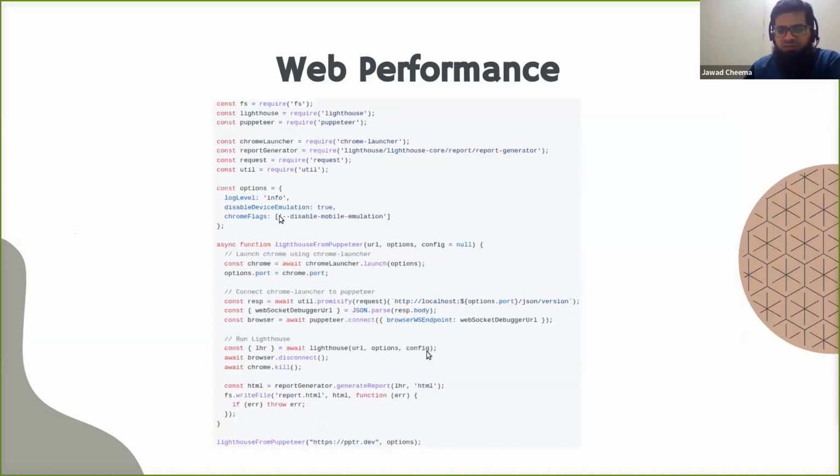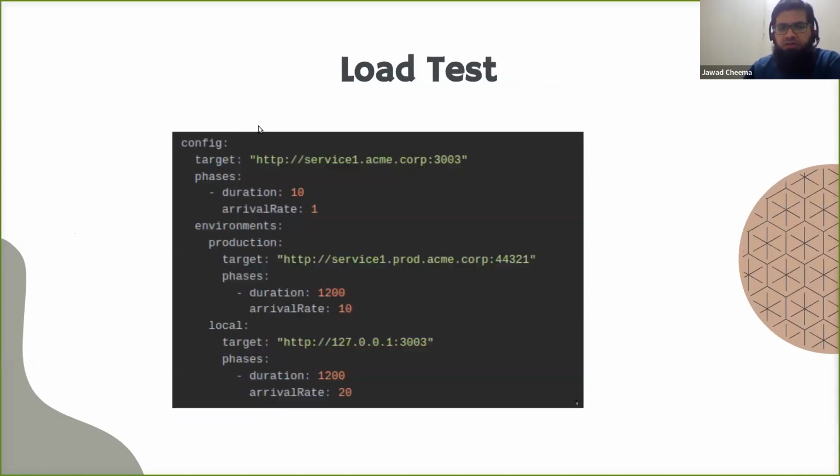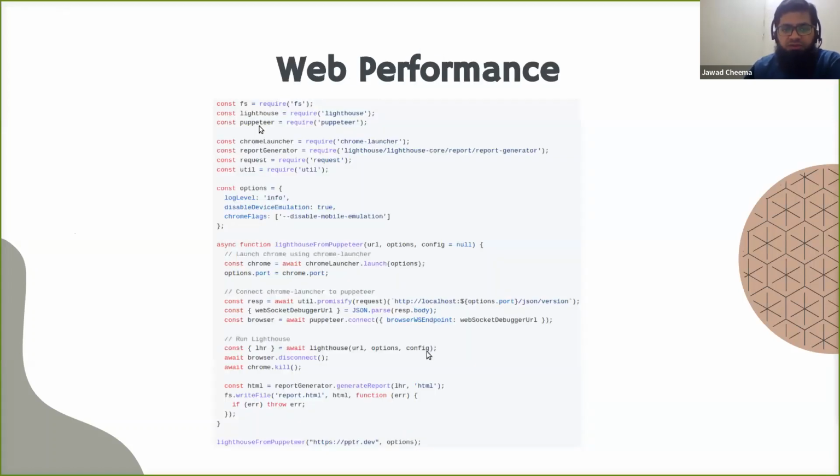Again, this is another example of utilizing Puppeteer and Lighthouse. Lighthouse is a Google-based tool that can generate a lot of metrics about your performance. I think I might have a screenshot here. No, I don't think I have the screenshot. So